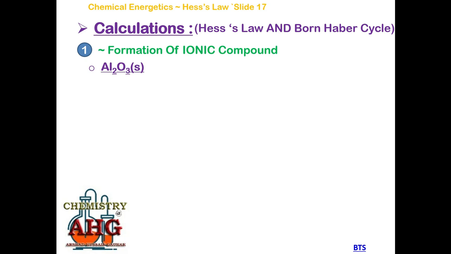You should write down for the direct path the enthalpy change, which is the standard enthalpy change of formation of aluminum oxide, and it is equal to the first step, atomization. First of all you will have to atomize the elements. Which elements are present? Aluminum and oxygen. So we write: this is equal to enthalpy change of atomization of aluminum multiplied by 2 plus enthalpy change of atomization of oxygen multiplied by 3.